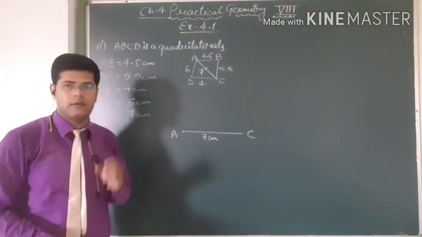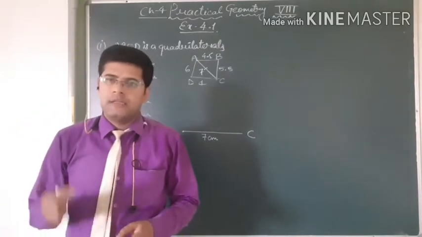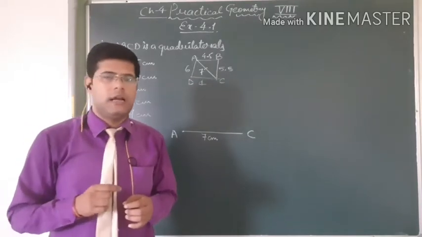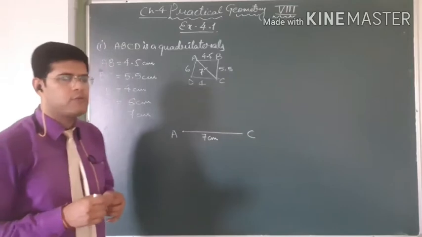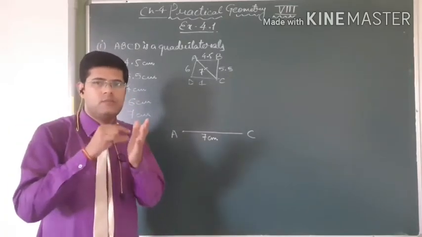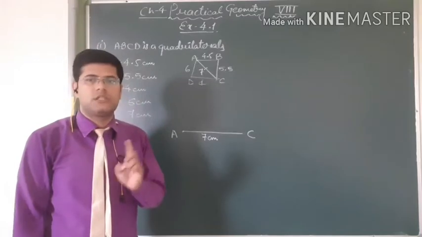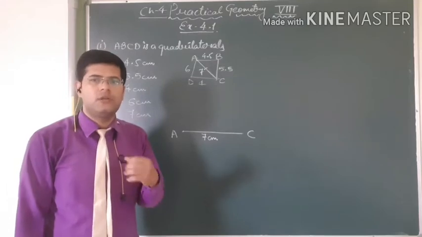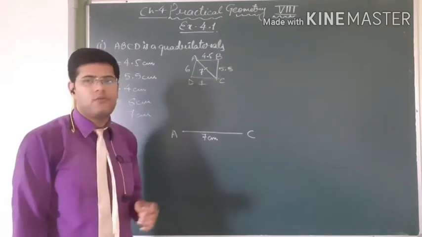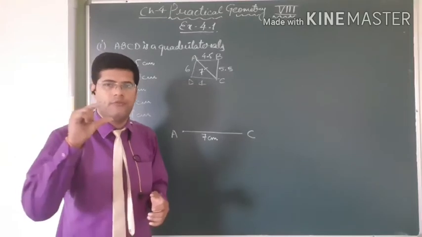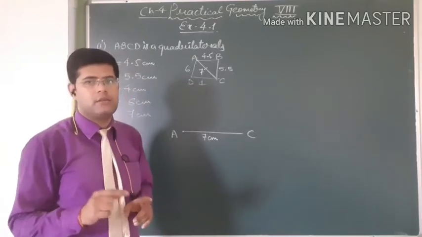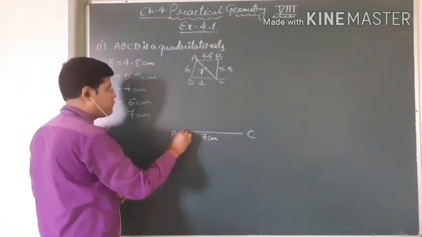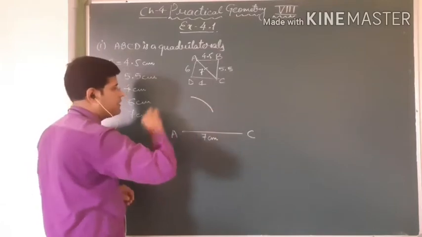How do we make an arc? Firstly, take a small pencil and adjust that pencil in your compass. After adjusting the pencil on the compass, you have to stretch it as much as the distance taken; that much distance is required to make the arc. So here we have to construct a 4.5 cm arc. We stretch our pencil compass to 4.5, and with the help of a ruler you can manage the distance or the length. After that, from the point A we have to make an arc of 4.5 cm.